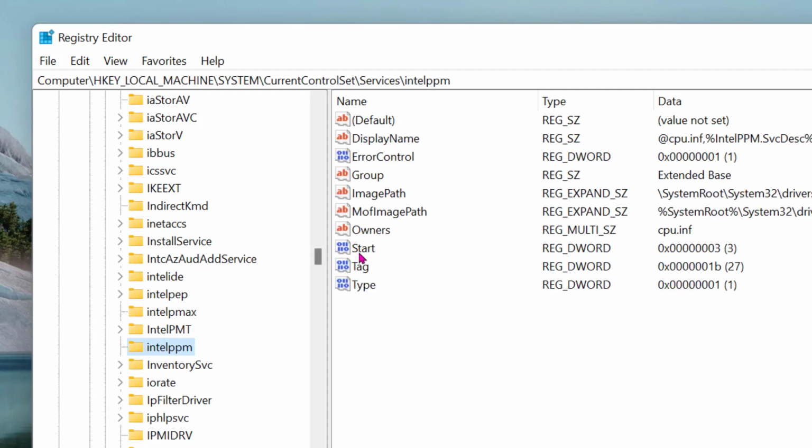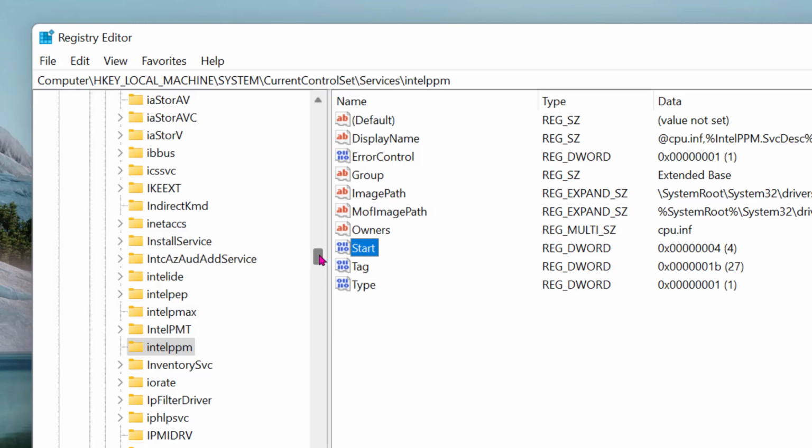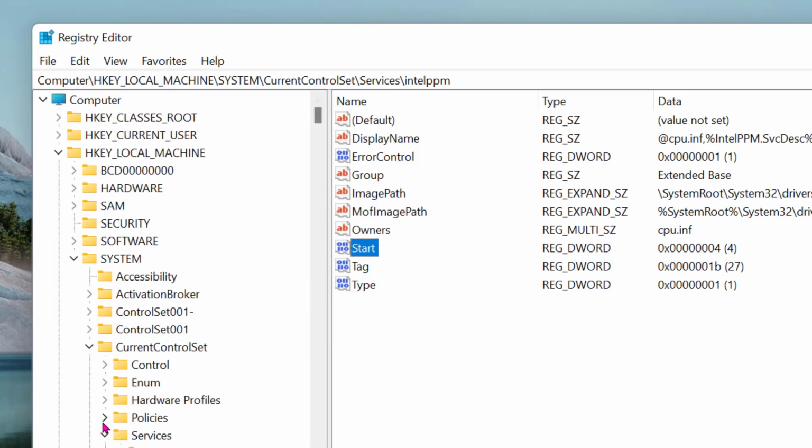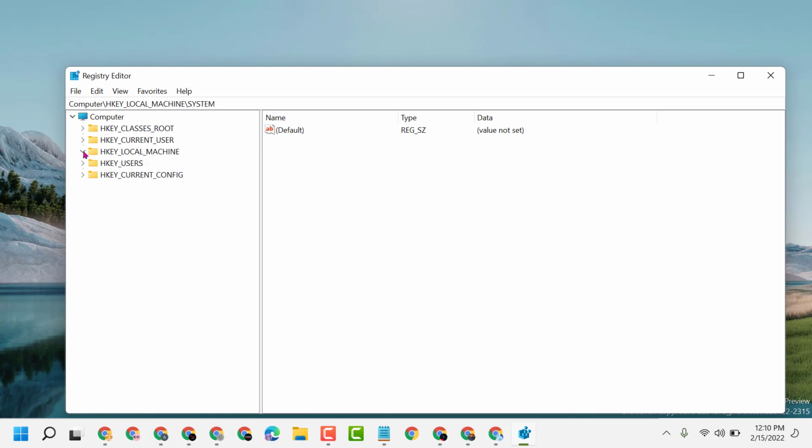Now here you will see the value Start. So right click on it and modify. If you see any number, remove that number and enter the number 4. Then click on OK. Now guys, close it and restart your PC. So hopefully guys, after restart you can fix and resolve